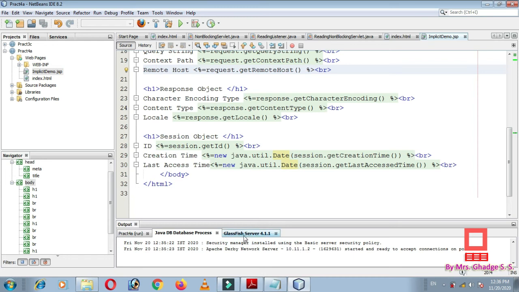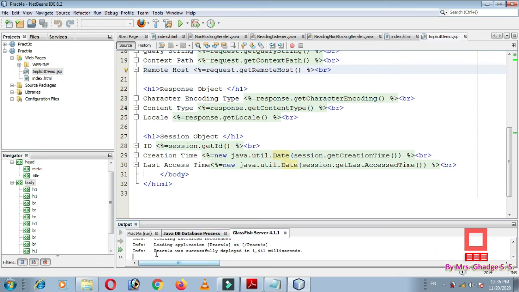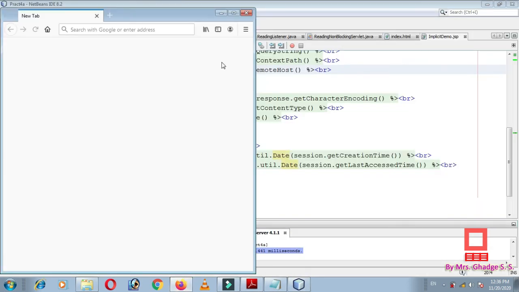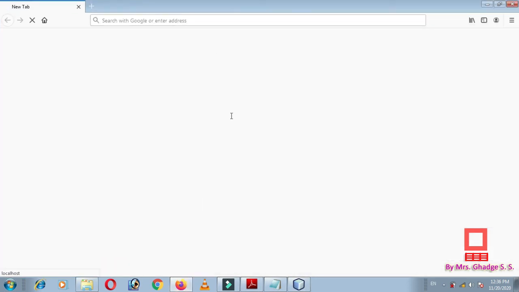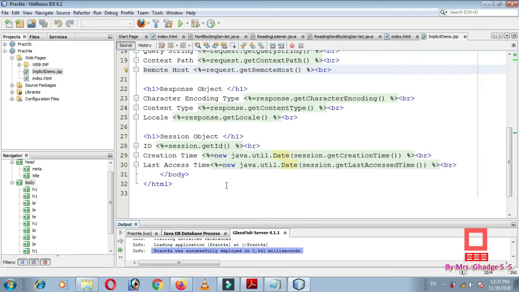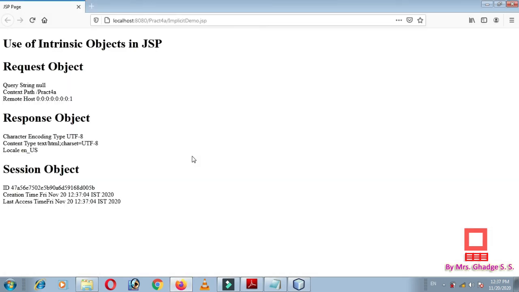Here is the message that practical4a was successfully deployed, and here we will get the output on the browser. Okay, here it is. You can see the first statement, then the request object.